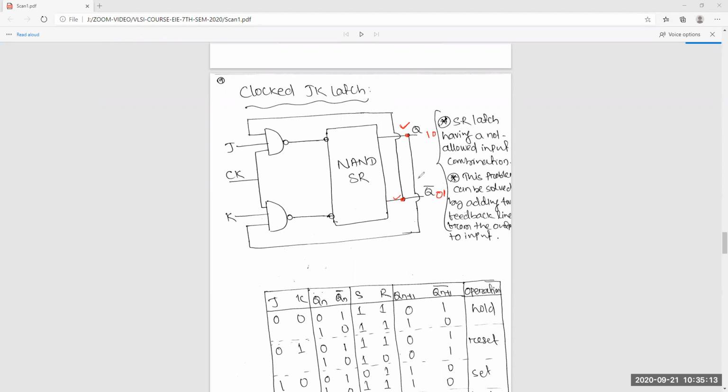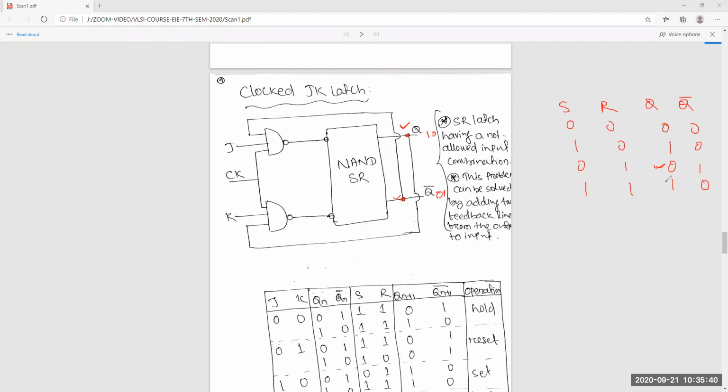You know these things. If it's Q and Q bar, suppose 0 0 means 0 0, 1 0 means 1 0, 0 1 means 0 1. But 1 1 means, suppose initially the previous condition was 0 1, so it will become 1 0.